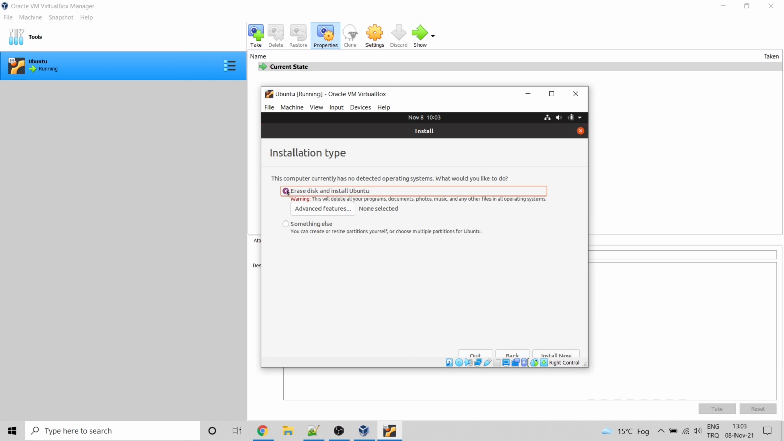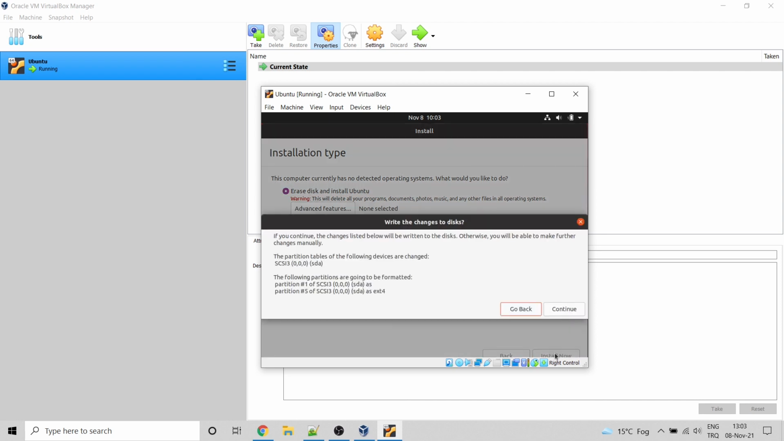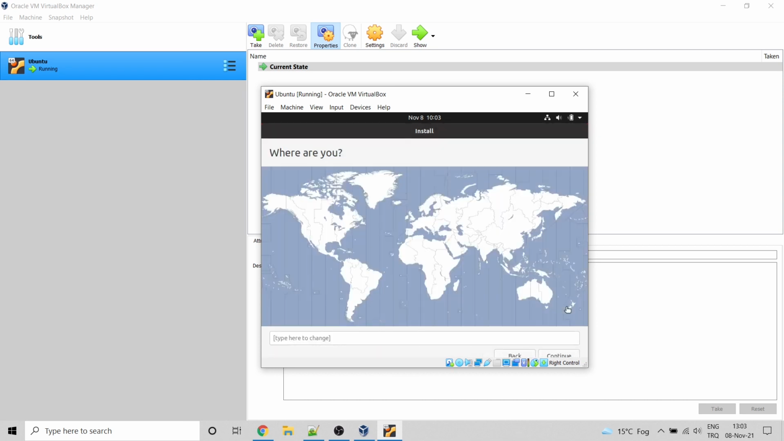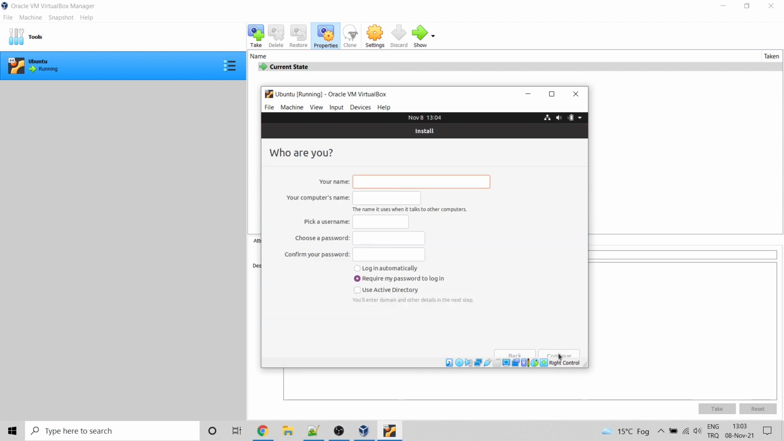I click erase disk. That's the default option. Install now. Continue. And time zone selection, so I will just click here, continue, and I think I will just write here Ubuntu, and the computer name can be